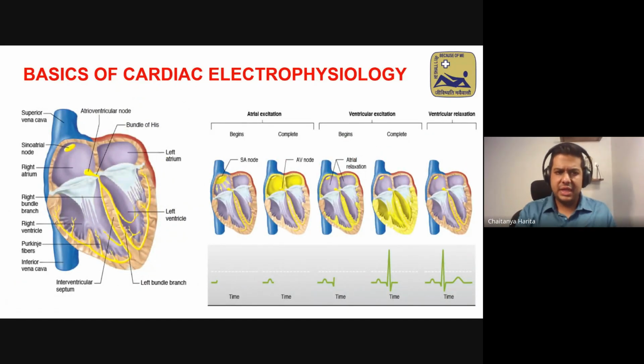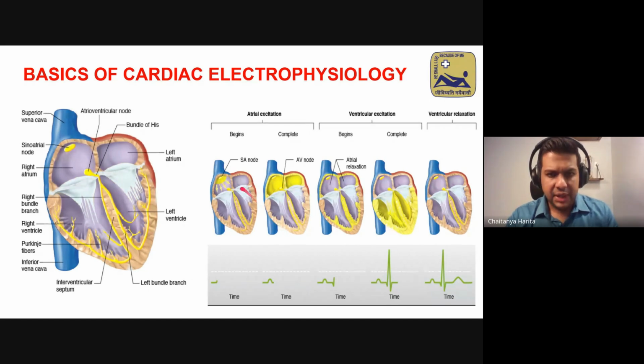Now, the left is the same diagram, of course, which shows you what I discussed in the previous slide. But what's on the right is very, very important for us to know: this is how an ECG pattern looks in relation to the cardiac events. So when you look at the SA node, remember all cardiac cycles start with the SA node stimulating the atria. If you look at the SA node, the current is coming out from the SA node, which